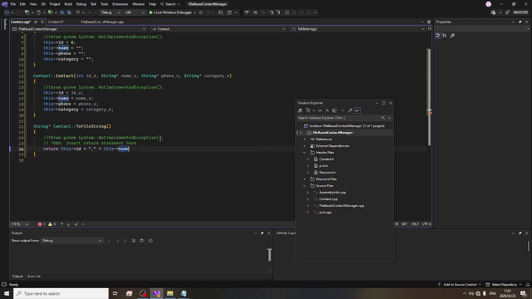Good, and then it's going to be plus, it's comma separated, good, plus after name it's gonna be phone. So this is showing you that this belongs to the private of the class. Okay, then plus the comma separated,